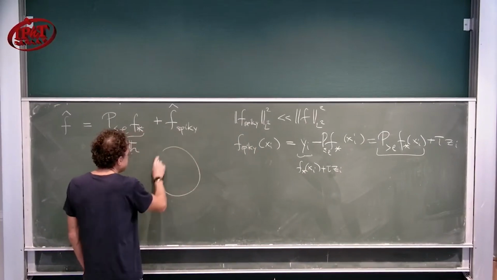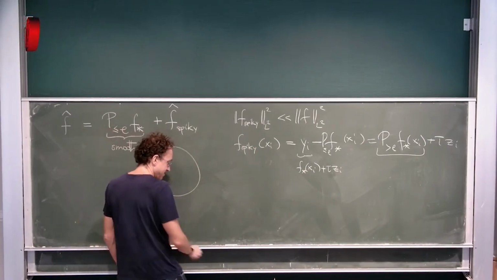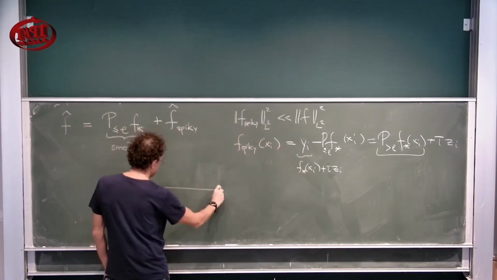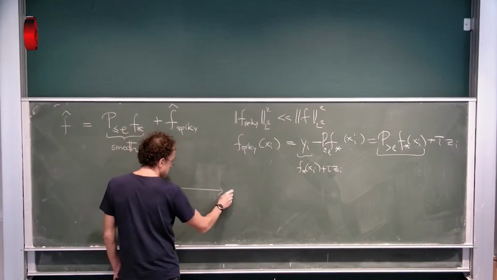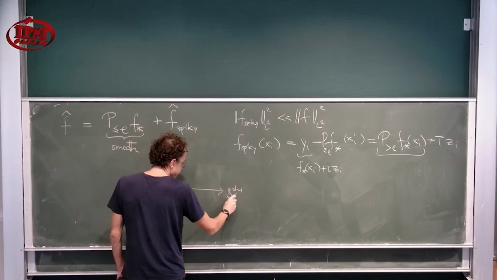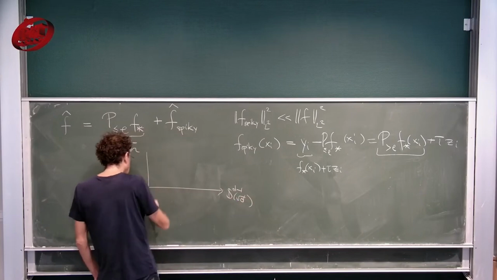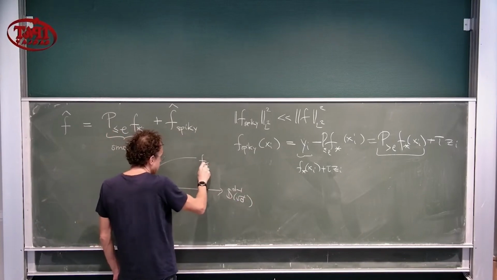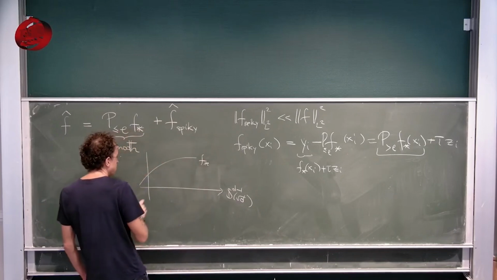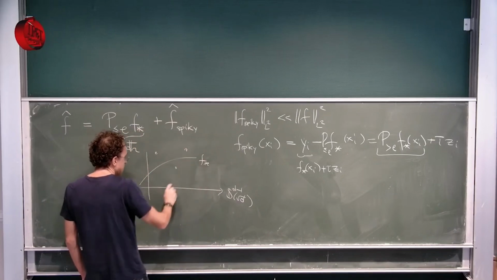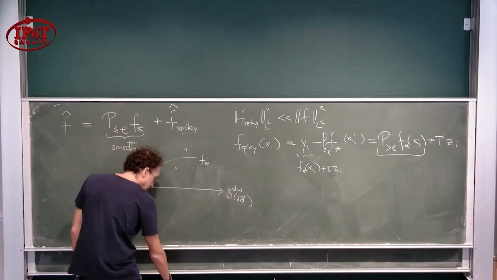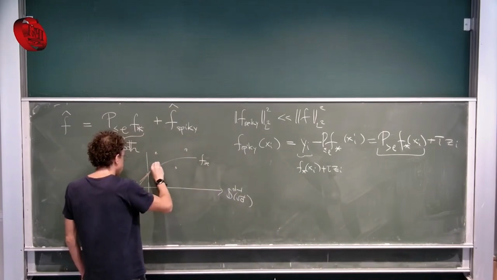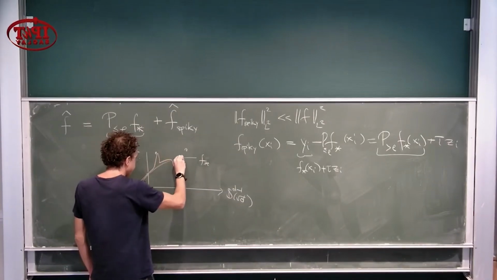So the picture is like this. This is my sphere, and perhaps I will not draw the sphere, but this is the base of the sphere, S^{d-1}. And now this is f star. Say that f star is a low degree polynomial. Then you have your data points, and f hat is a low degree polynomial plus some very simple spikes.